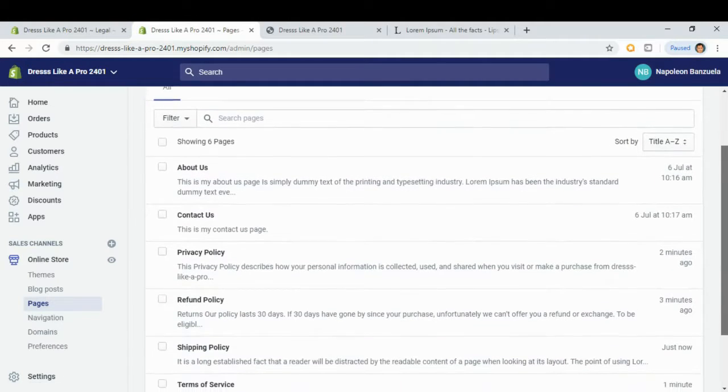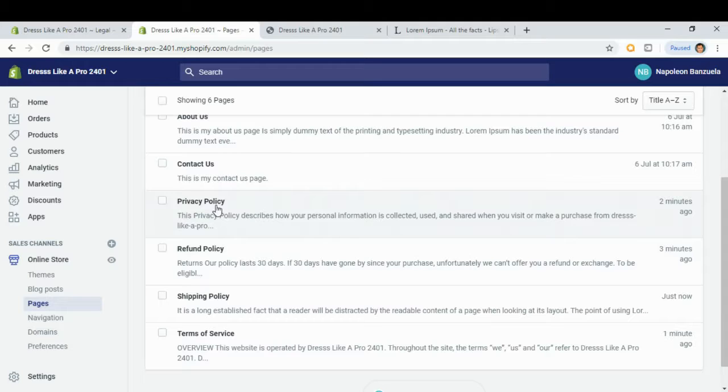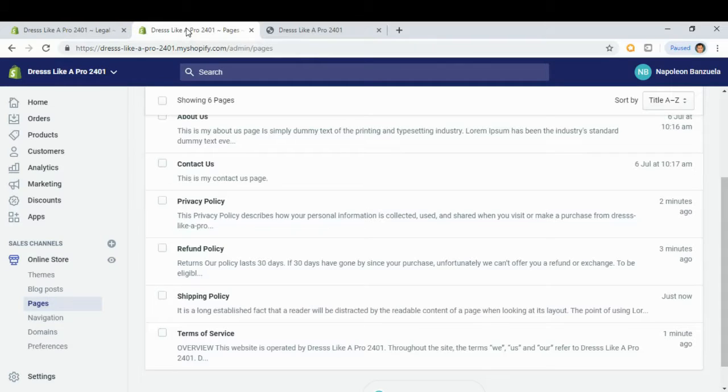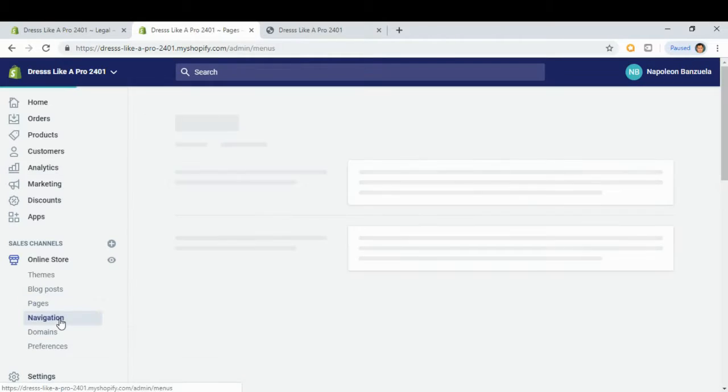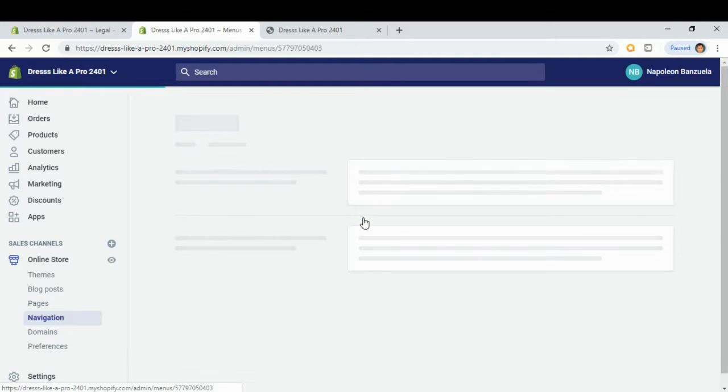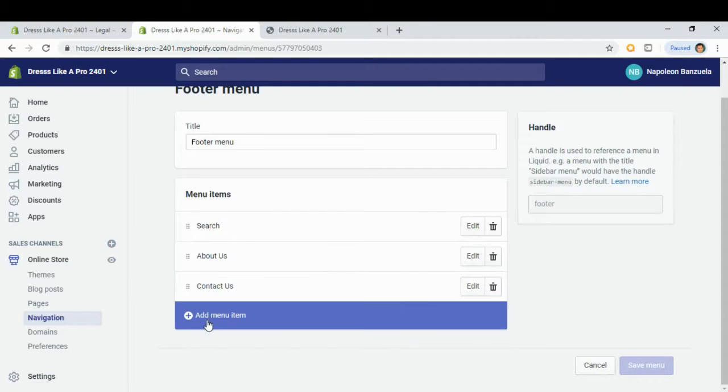Okay guys, na-create na natin yung privacy policy page, refund policy page, shipping policy page, and terms of service. Now what we're going to do is, we close this. We're going to put our new pages under the quick link section, which is down the bottom section of our page. So what we can do here is go to navigation, footer menu, add menu item,